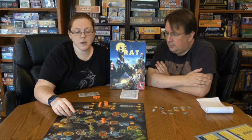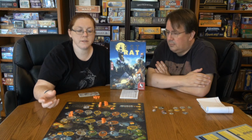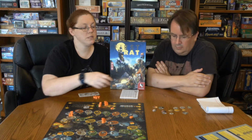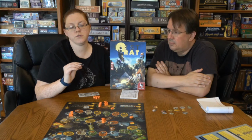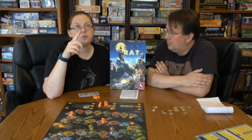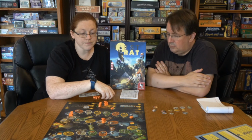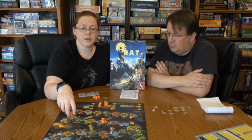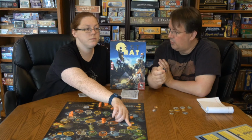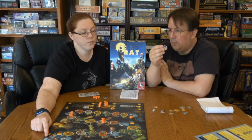Now, there's a couple of locations where you can end up stopping, and it is trading with different other animals. So in this one, you could spend 6 cheese for some special abilities. For example, every time you trigger the green, you get a +1. And then over here on this one, you can grab a one-time multiplier. And then up here for the 12, that's where you get end-game bonus tokens